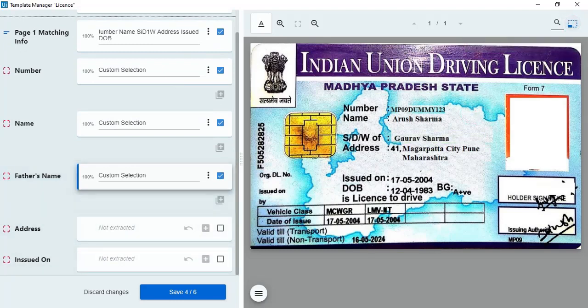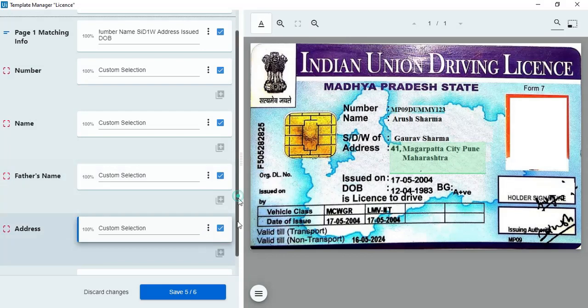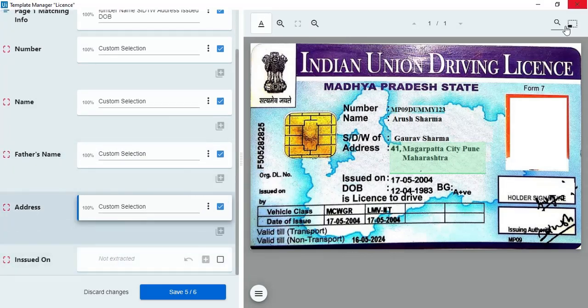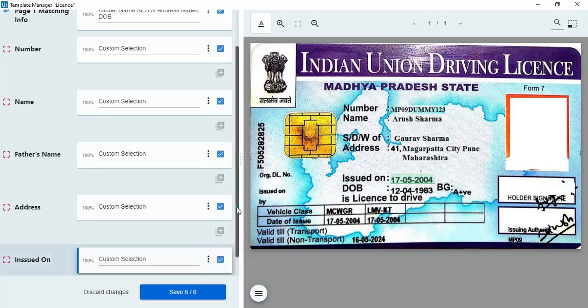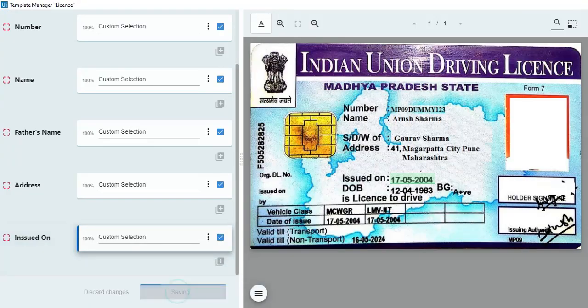Address, this entire area I would select, custom area, address. And issued on date. Scan this area for issued on date. Custom area, click on this. Mapping is done. Save this